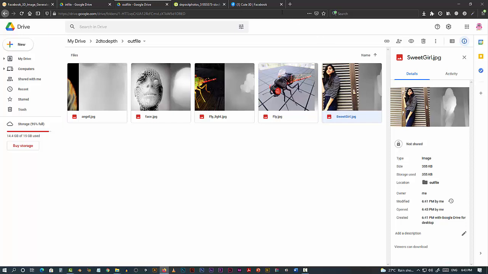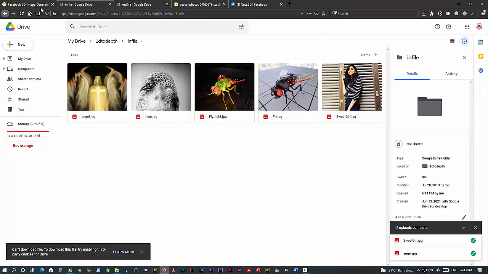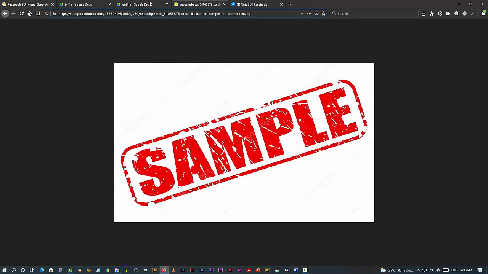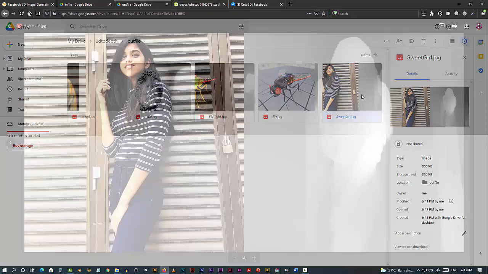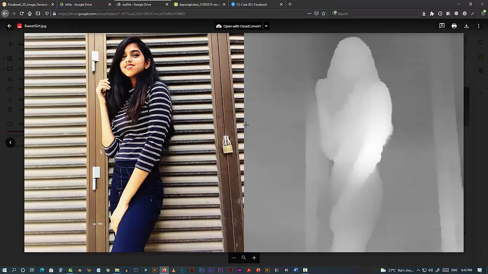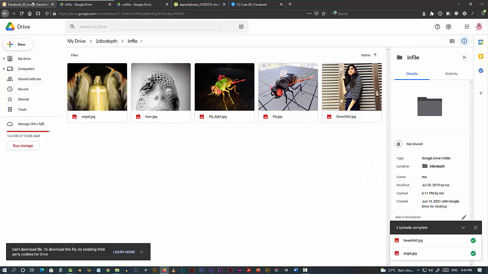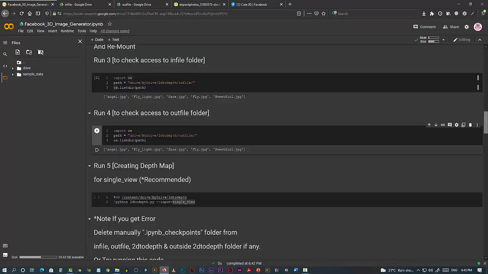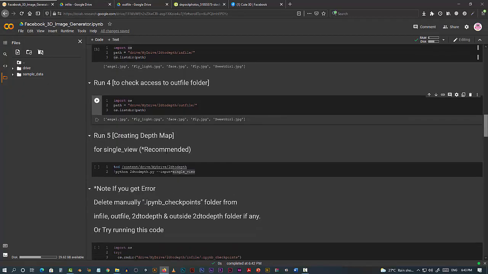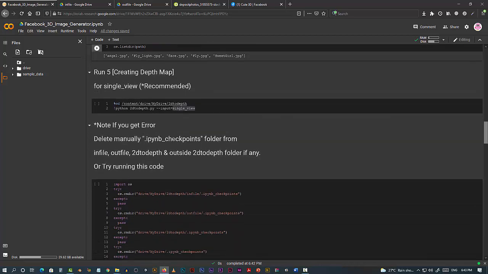But we need separate images. We need this image and we need this image separate. This image, this is a single image. So to split the image, there is another step that you have to run.